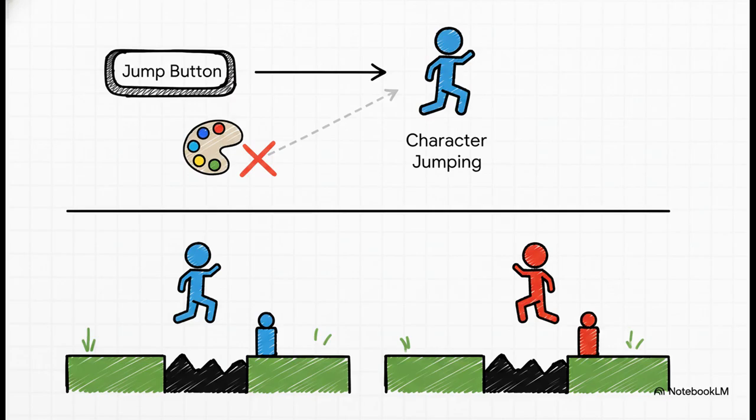And then there's generalization, the ability to adapt. Because a causal agent understands the why, it isn't fooled by surface-level changes. A normal AI might completely freak out if you change the color of a character in a video game. But a causal AI, it knows the color of the character has nothing to do with how high it can jump. It understands the actual rules, the physics of its world, so it can adapt on the fly. It's the difference between being brittle and being truly robust.